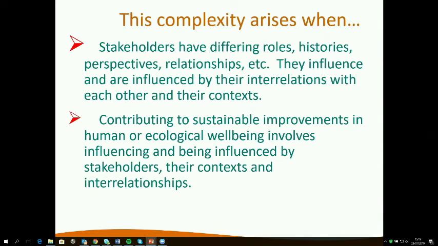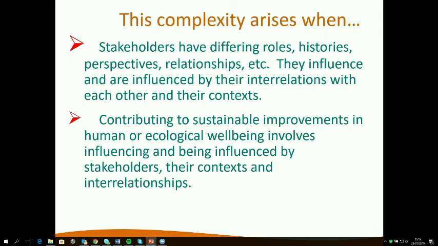So again, to summarize, we know and we've seen that outcome mapping can be helpful when stakeholders are diverse, when actors in a particular context are diverse, with different perspectives, roles and relationships. And we know that their interrelationships can influence others and influence their context, and they can be influenced by them as well.